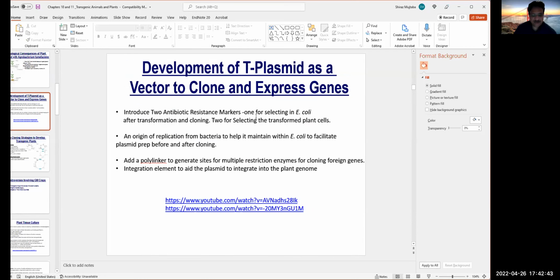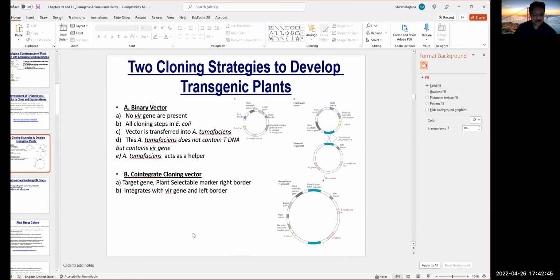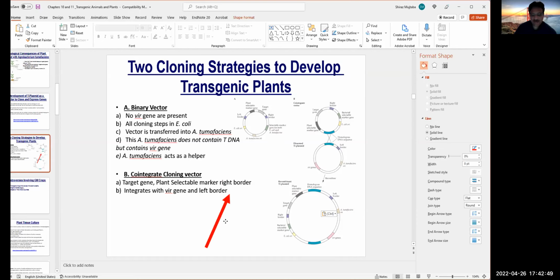So again, what is the strategy? The strategy is to create a plasmid where the VIR genes, or virulence genes, have been removed and replaced by genes which will increase the nutrients of the plant, or make the plant more resistant to herbicide, viral infection, or bacterial infection. Now, all these cloning steps which will make the plant transgenic will happen